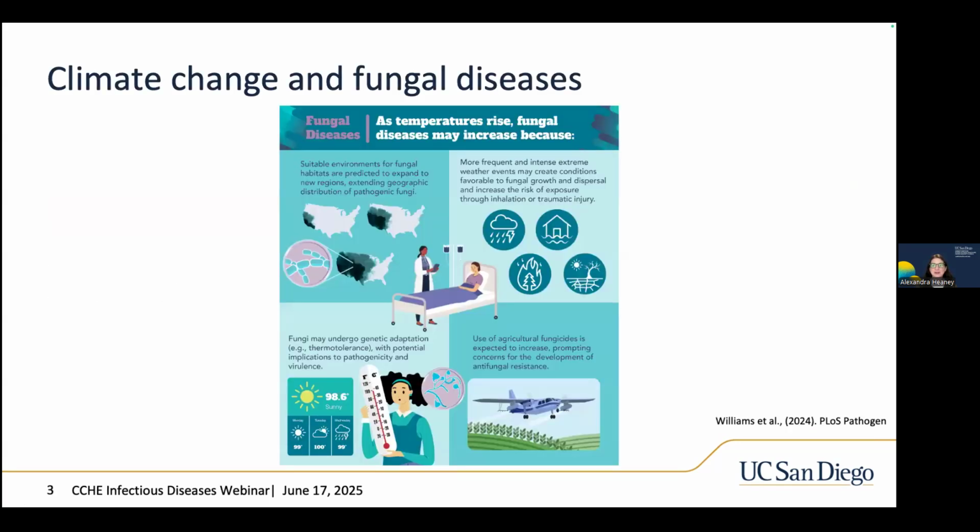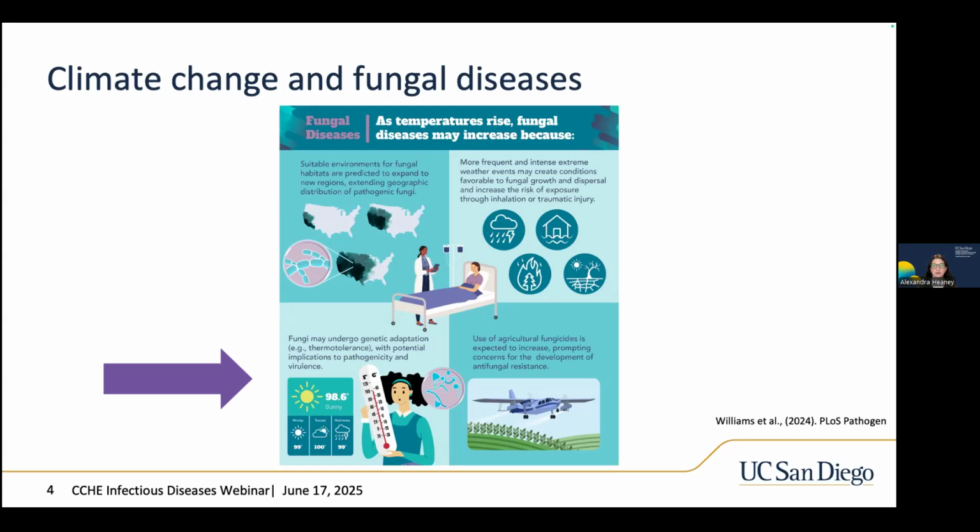But despite this increased media attention, our scientific understanding of the links between climate and fungal diseases actually is pretty limited still. Broadly, we think that climate change will influence the distribution and severity of fungal diseases by altering the diversity and abundance of human pathogenic fungi in the environment. Fungal pathogens are also thought to be adapting to warmer temperatures, which then can extend the range of fungal diseases beyond their historical geographical distributions. And that adaptation to heat can also lead to the emergence of fungal pathogens that are able to cause disease